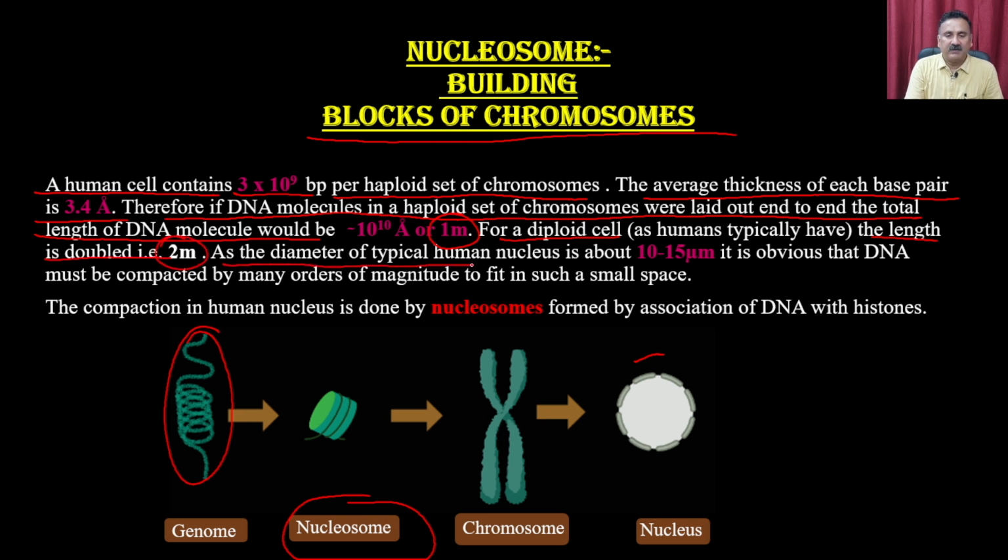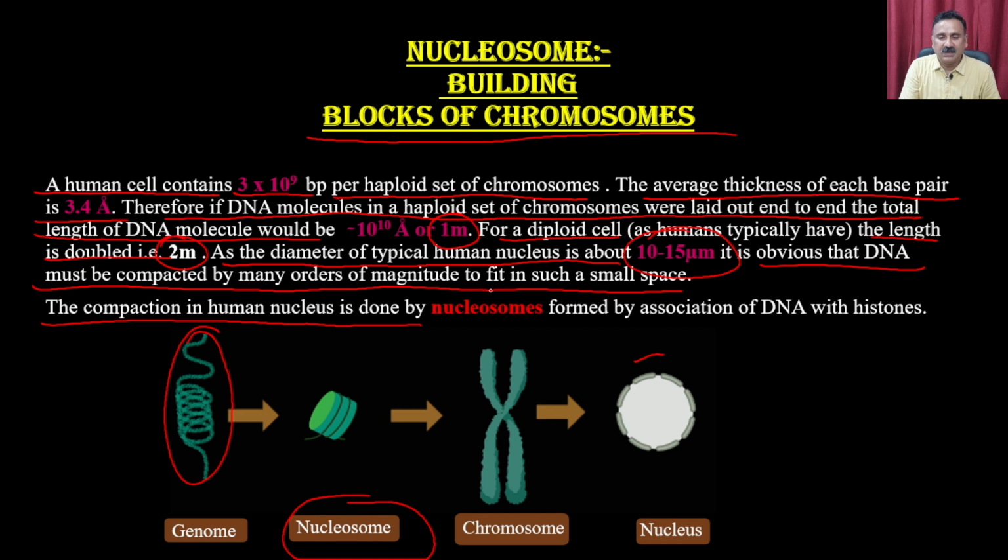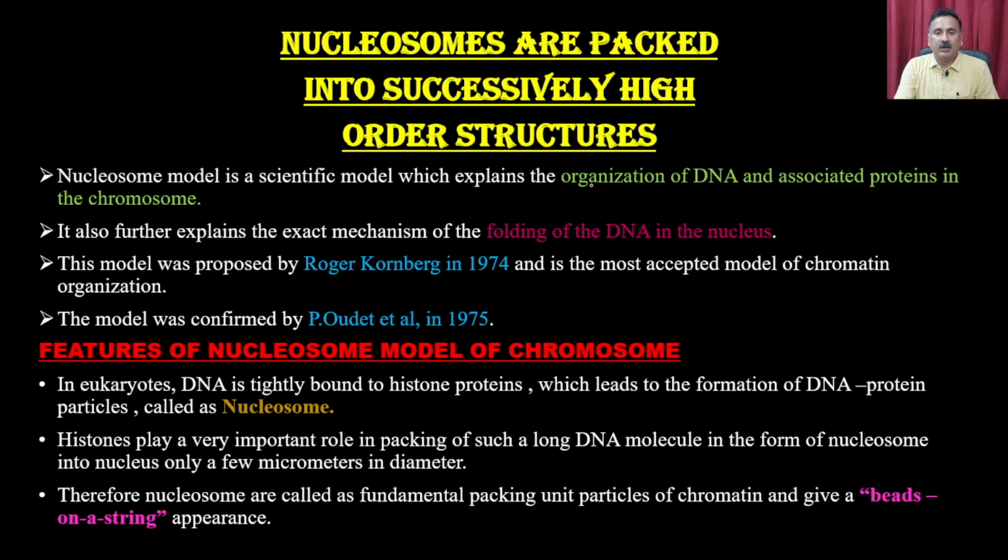As the diameter of a typical human nucleus is about 10 to 15 micrometer, it is obvious that the DNA must be compacted by many orders of magnitude to fit into such a small space. The compaction in human nucleus is done by the nucleosome formation by the association of the DNA with the histone. Nucleosomes are packed into successively higher ordered structures. So nucleosome